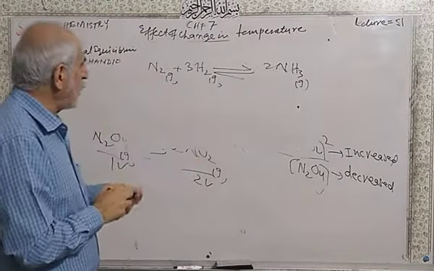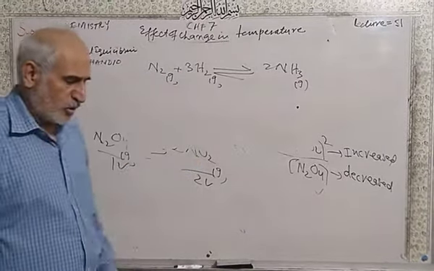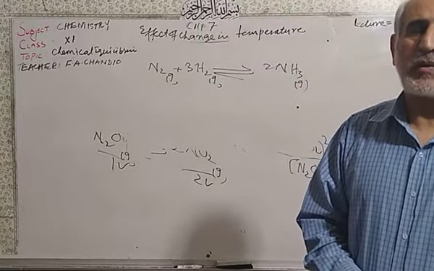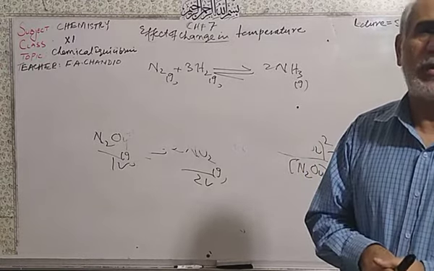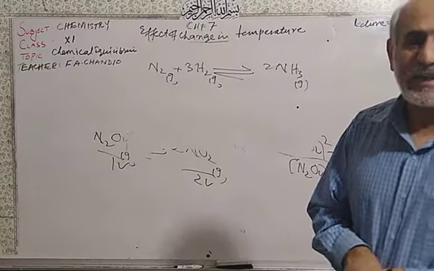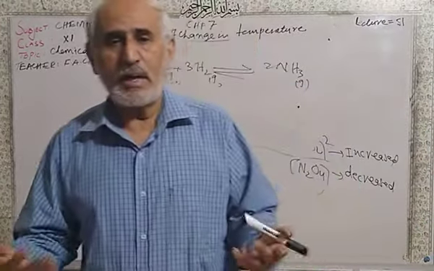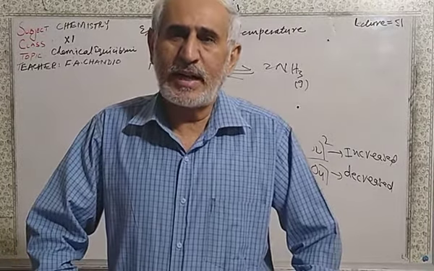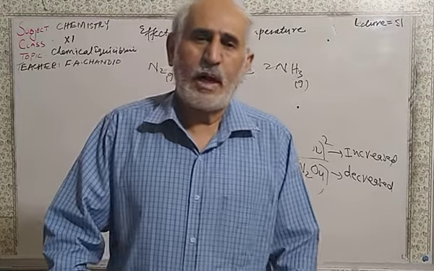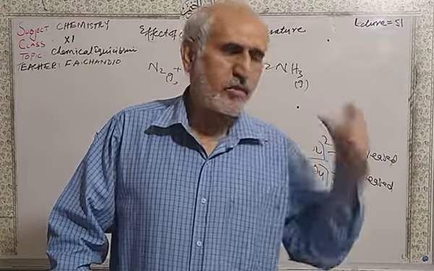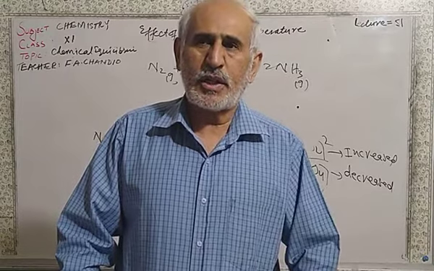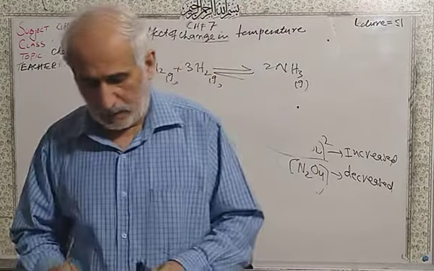So dear students, in the equilibrium system, you will get only 35% ammonia. Not more than 35% ammonia you get from this system when it is in equilibrium. So this is an uneconomical process. You will not get ammonia in high amounts, because ammonia has great use in fertilizers and also in the preparation of explosives. So one scientist, Haber, developed the Haber process. He used this process for the preparation of ammonia gas with the help of the Le Chatelier principle, and he got the Nobel Prize at that time.